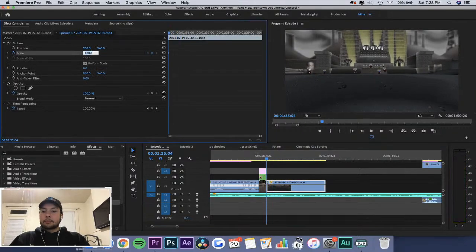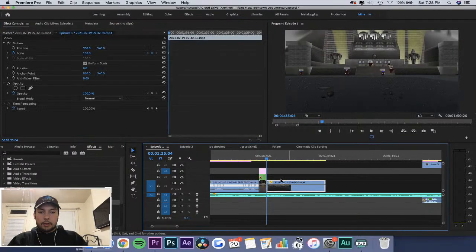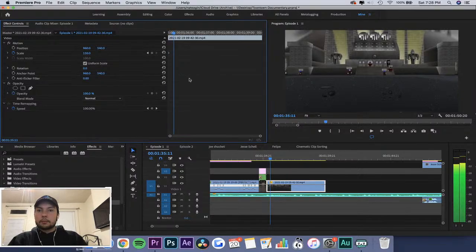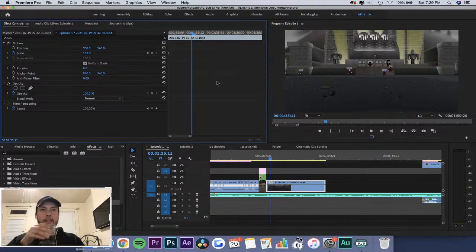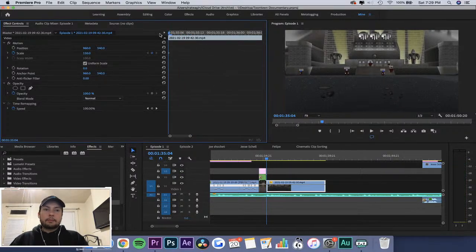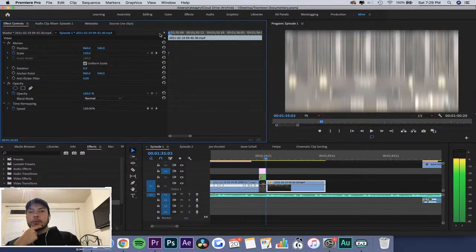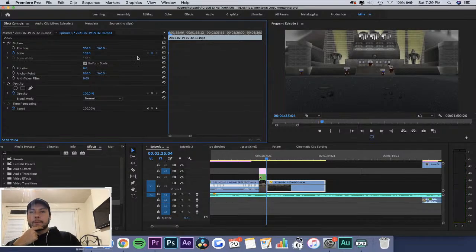So basically, gonna try the same thing here. Start from like 150. So I guess I'm gonna explain a little bit of the basics, the keyframing right here. I can make a pretty smooth zoom in effect here with only 3 keyframes, right? So the scale always starts at 100%, the default scale, and we're going to 150% scale.